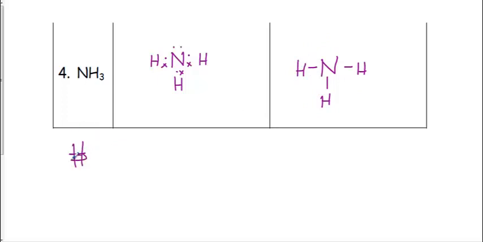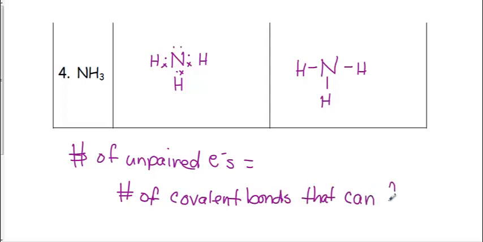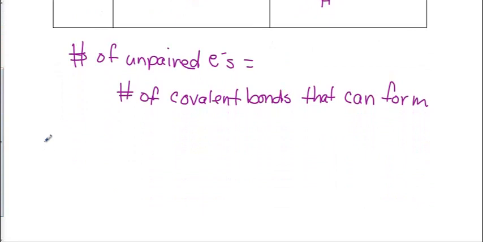Okay, so let's keep note that the number of unpaired electrons is equal to the number of covalent bonds that can form for that nonmetal. So for example, I'm just going to give you a couple of things here. We have nitrogen, oxygen, fluorine, let's say over here, carbon, and hydrogen. Okay, and if we draw out their dot diagrams,